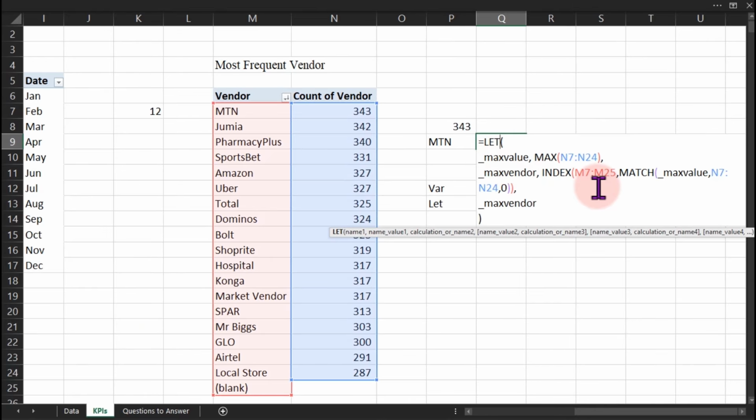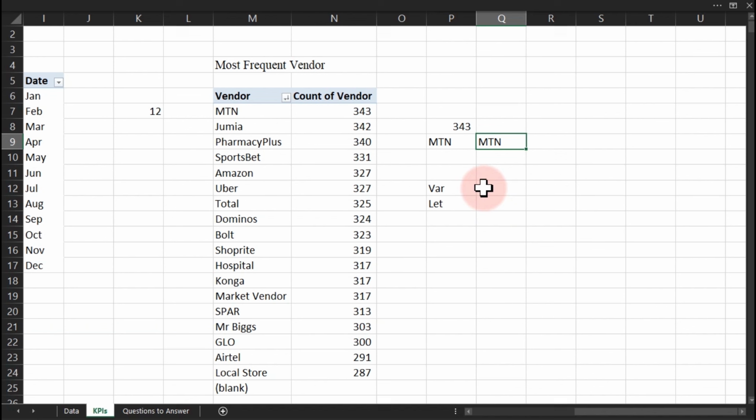Over here, the very first thing we did is to store the max value from here, which is this particular one, into this particular place using the max function. Then to retrieve this particular MTN, we did this function here down to this particular level. After we have done that, we have to return it back again to get what we wanted. And that gave birth to this very MTN here, which means if I have this one deleted, I still